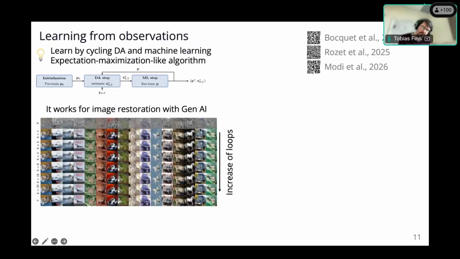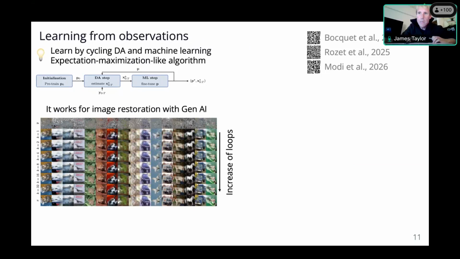Here the first row is the observation, meaning we only partially observe the image, and then we have the truth as the last row. As we increase the number of loops, we can see that the generative model gets better and better, and in the end we almost recover what we have seen in the original, uncorrupted data.